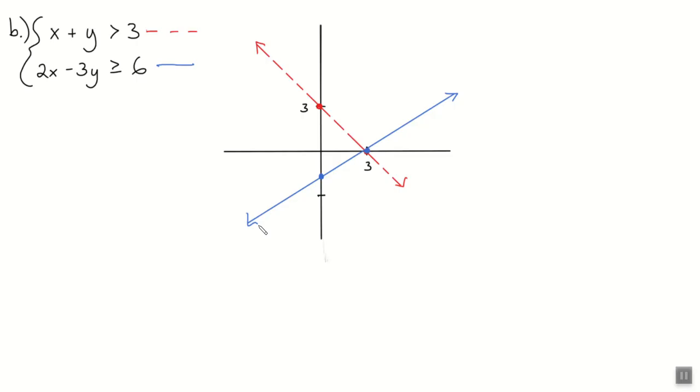0 minus 0 is greater than or equal to 6. So it says 0 is greater than or equal to 6. True or false? False. So that means everything down here would have gotten shaded, right? This is a much simpler graph. There's only 4 regions. The most common mistake that people make is if you don't label your equations, which I'm